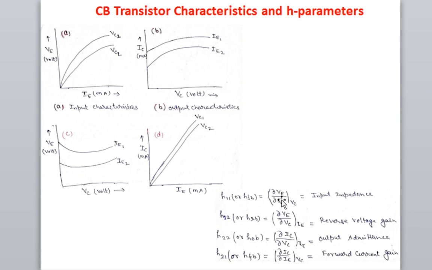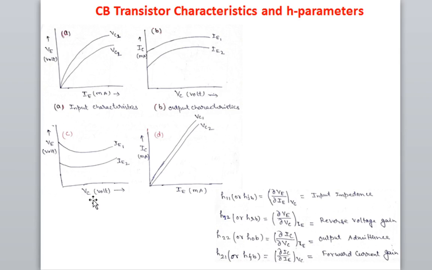So this is called the input impedance at constant VC, the input impedance when the base is common. So HIB, input impedance when base is common, this is simply called HIB, or this is known as H11. So this is the input impedance. Similarly, if you take the ratio of these two,